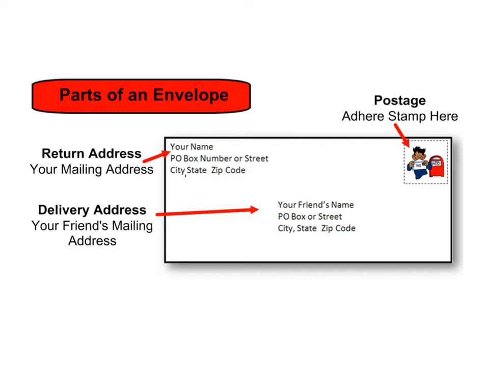And the second function of the return address is, let's say that the postal worker takes the letter to this address, but there's nobody at that address that goes by that particular name. Maybe that person has moved, or maybe that address was written wrong and it just doesn't exist. Then what the postal worker will do is send the letter back to the return address right here. That way, one of these two people, either the person you intended the letter for or you, will definitely get